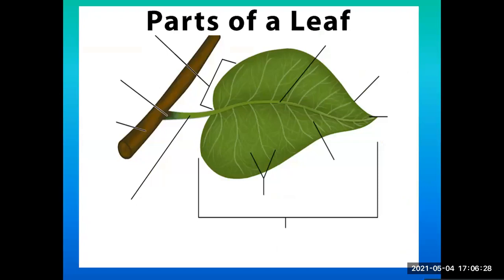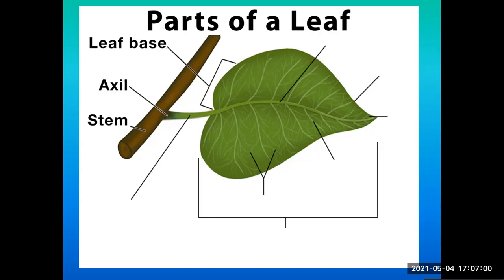This brings us to the parts of a leaf. As we are all aware, we can see different shapes and sizes of leaves. Basically, the leaf has been named accordingly. Let's see the first, that is the base of the leaf. The part of the leaf that points towards the stem is the base of the leaf. The next structure is the axil.